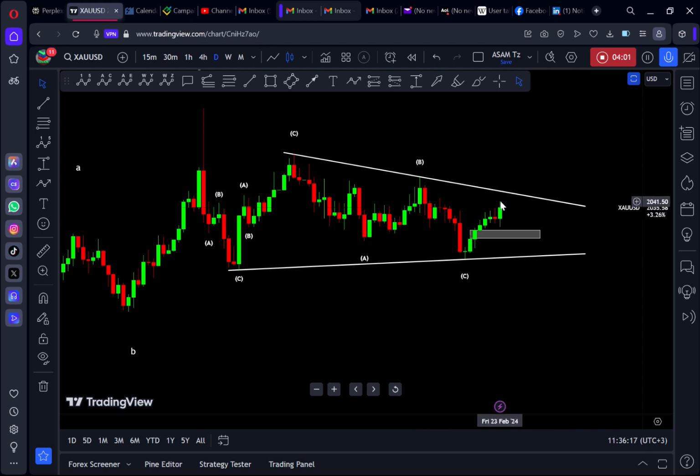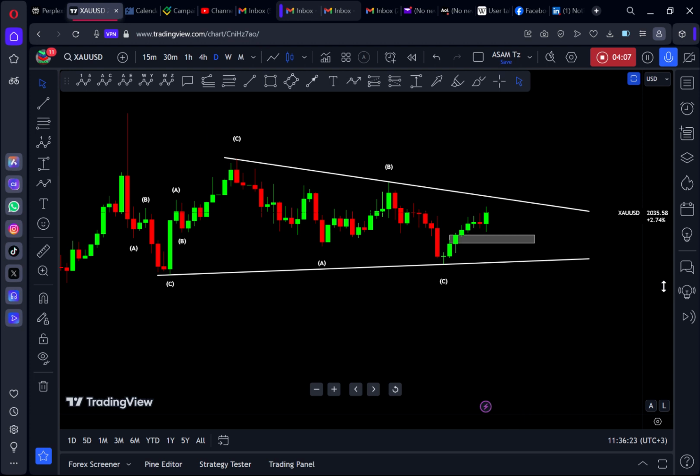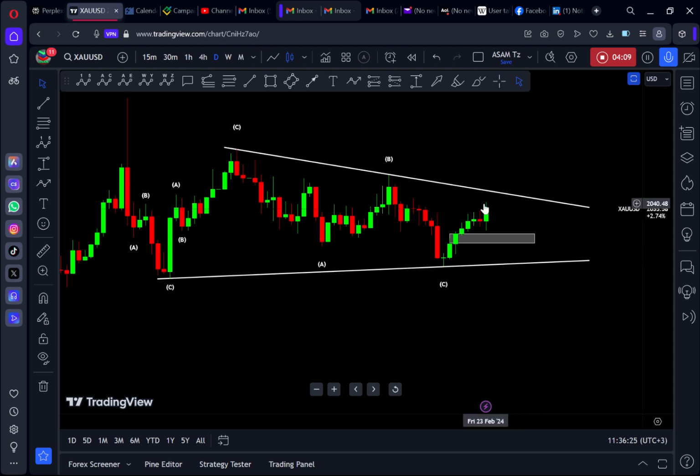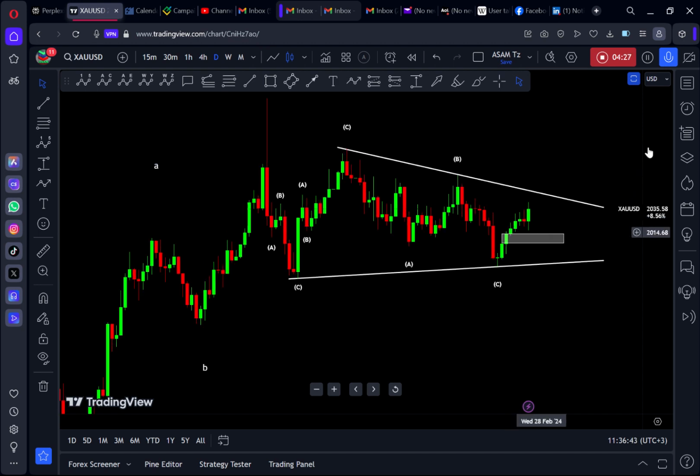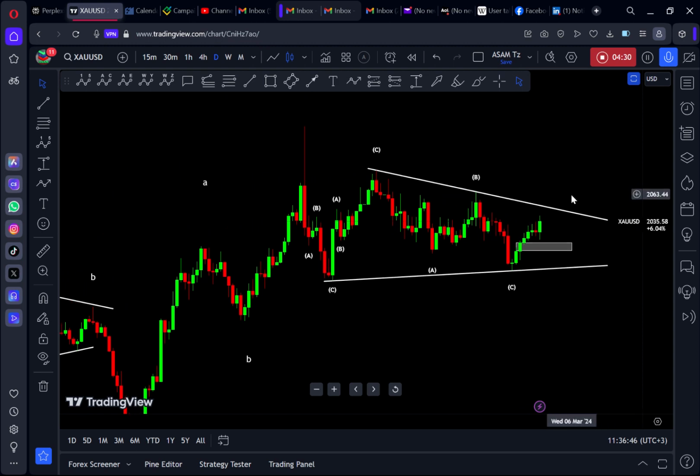So price is approaching the level. Now possibly price may go straight to the level. But in most cases, I expect to see price correcting from the current price up to this level marked by a square down here. So then after hitting this level around the level of 2015, 2012, price may now go to the upside and hit the level of 2045, as I've been saying in my previous analysis.